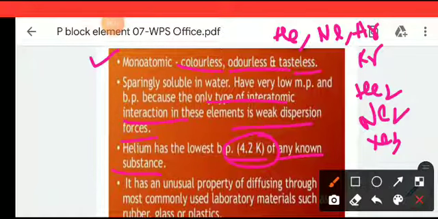As they have a valency of 0, they are highly stable and least reactive, so they do not entertain many reactions. They also do not have various oxidation states, because they are highly stable in their elemental state. That is why they are highly stable and monoatomic as well. So this was the introductory class of group 18 elements.